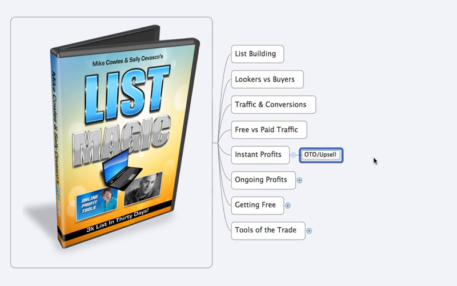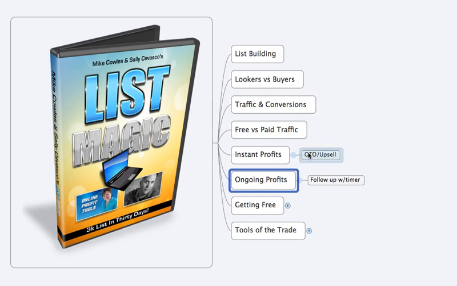All right, awesome. So now for ongoing profits, this is going to be a great little strategy for your follow-ups. Now, there's actually a couple different things. There's your instant follow-ups, and we'll talk about the long-term follow-ups as well. But your instant follow-ups, the first one's going to be something like, thanks for taking me up on my offer. Here's the link that I promised you when they opted in.